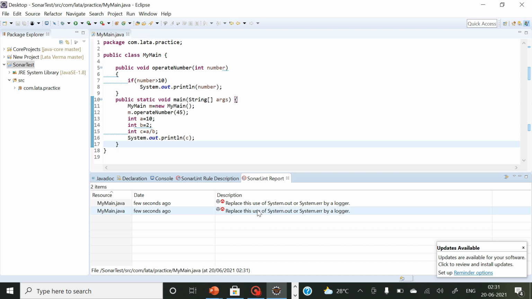So guys, being a good developer, you should make it a practice to analyze your complete project using SonarLint, and make sure that this SonarLint report is clean. And if this SonarLint report is clean for your project, that means you have created a good quality project, right?